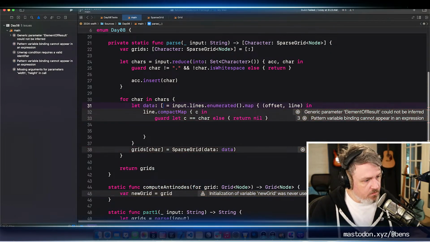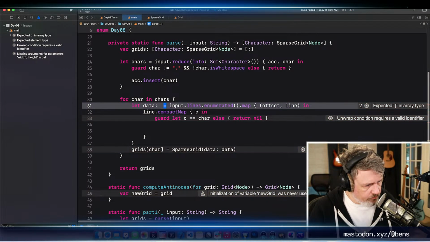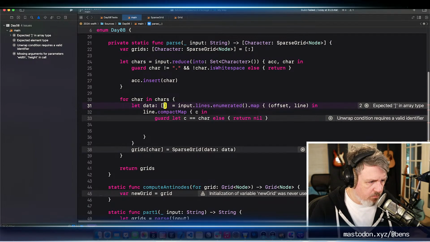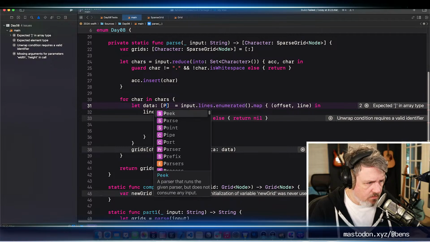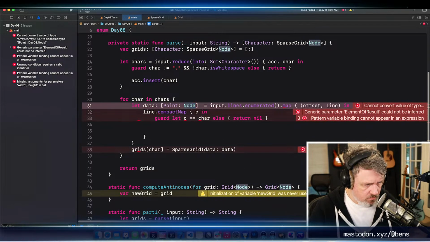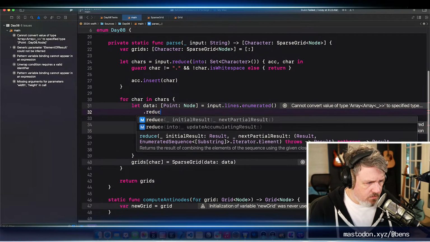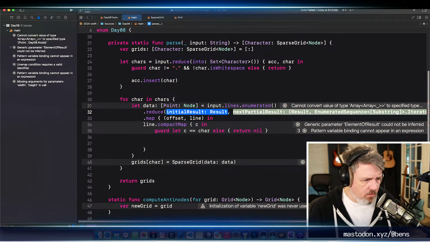Data here is going to be, we would have to do reduce into. So if I did point and point to node here, this would be lines.enumerated.reduce into.